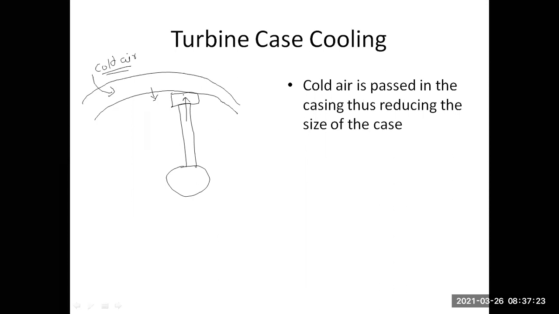So what will happen is, the shroud will actually come in contact with the case. That is what is called turbine case cooling. When you cool the case of the turbine section, the case comes in contact with the shroud. Contact means it is not creating friction, it is just touching. Just very light, rare touching, that kind of connection happens, son. That means it is just in contact, not actually having friction over there. Just very light physical contact. That type of cool layer is called turbine case cooling.